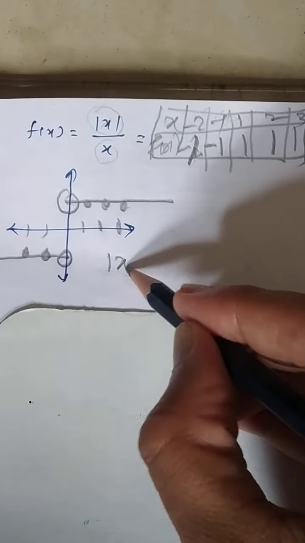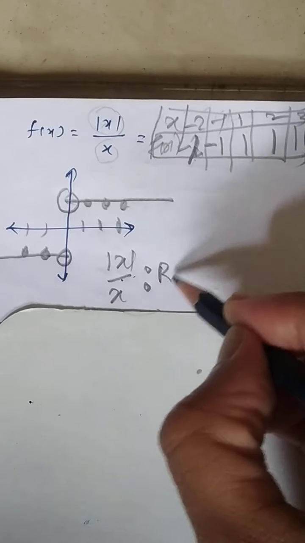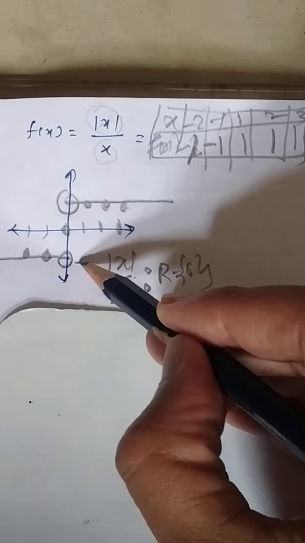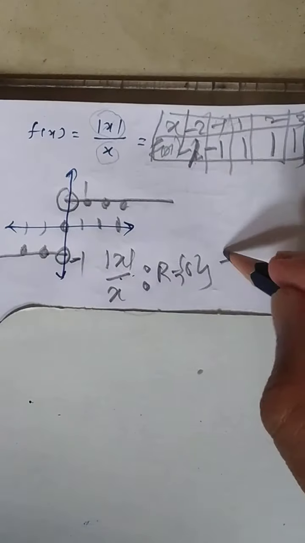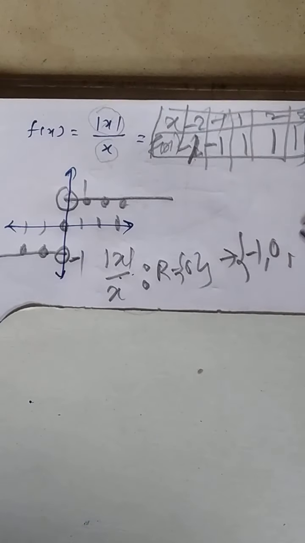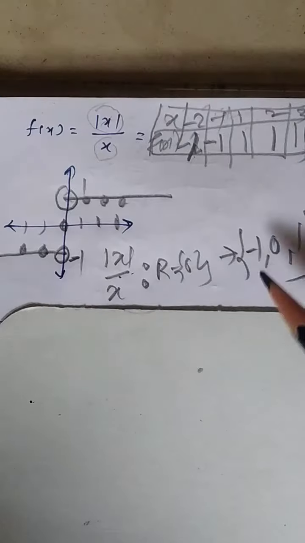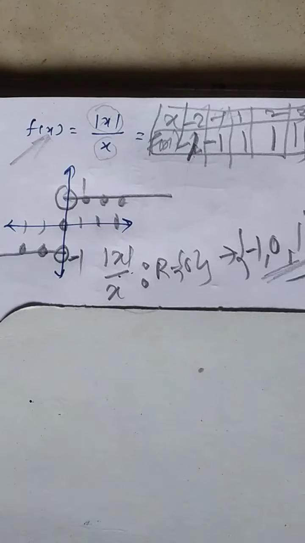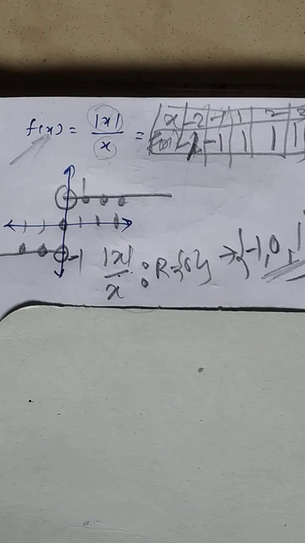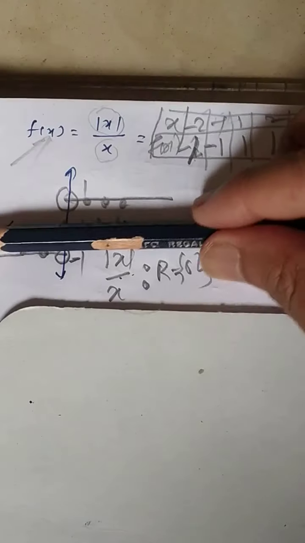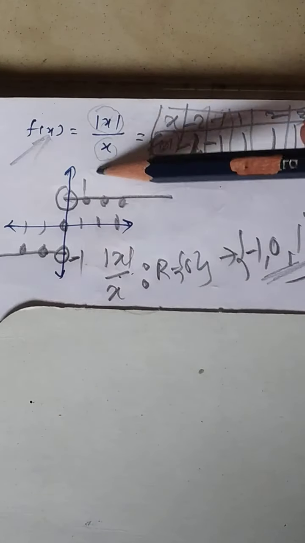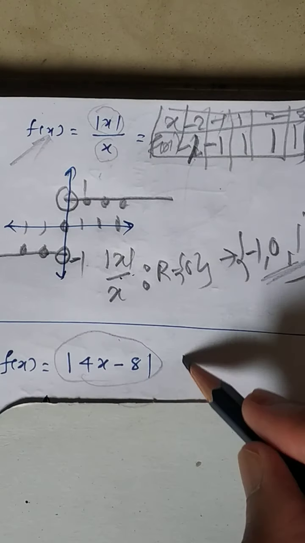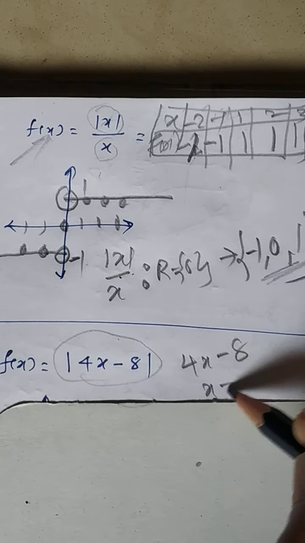So the domain of this function is R minus 0. At 0 this function is not defined, but at the rest of the places you will get the answer. This is nothing but minus 1, this is nothing but 1, so the range is nothing but minus 1 and 1. You will not get any other answer, whatever the input is. Input is nothing but the domain and output is nothing but the range, logically simple. So there is no graph in between, minus 1 is the answer, 1 is the answer. If the mod x is given like this, the better option is to compare it with 0 and get the value of x as 2.